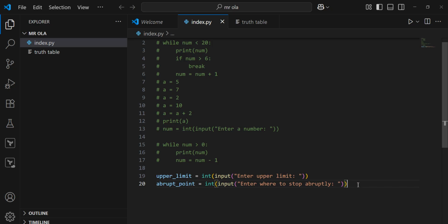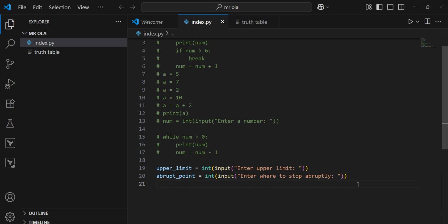Now, look at our question. If the upper limit is higher than the second number, that is the abrupt point, display all the numbers from 1 to the upper limit. If it is not, display all the numbers from 1 to the second number. So, for our question,